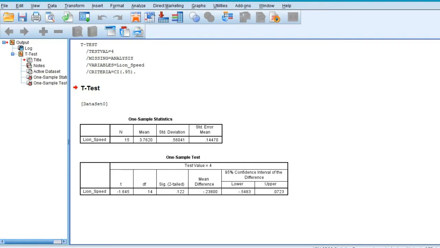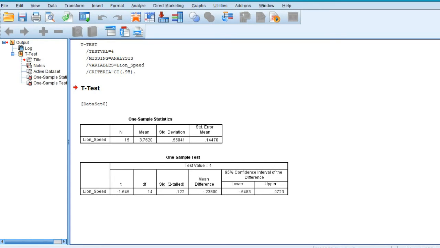Once the output window opens, you would be able to see two tables over here: one is One-Sample Statistics and the other is One-Sample Test. If I look at the One-Sample Test, over here I need to see this Sig. (2-tailed), which means significance value two-tailed. The value is 0.122. The value of 0.122 simply means that I cannot reject the null hypothesis because the value of P or the significance is more than 0.05.